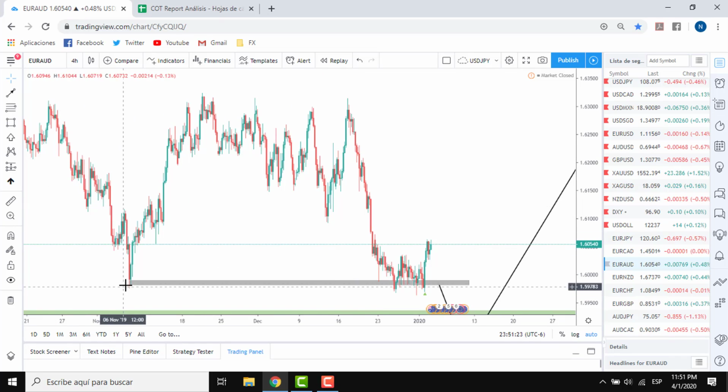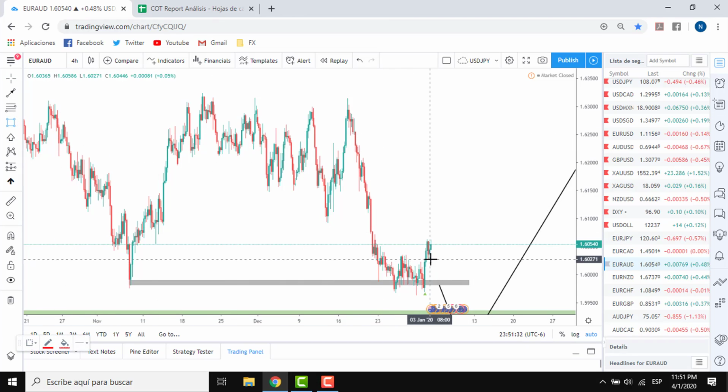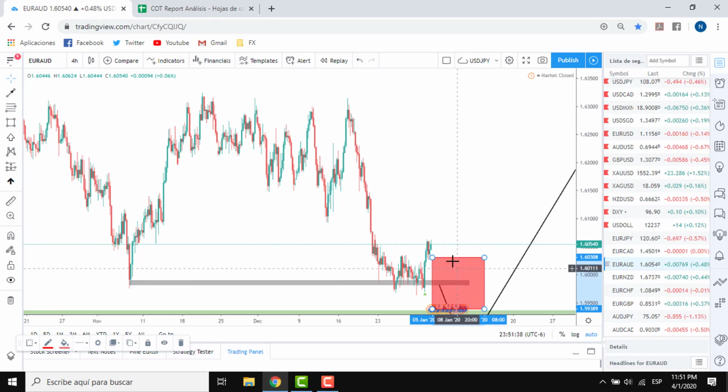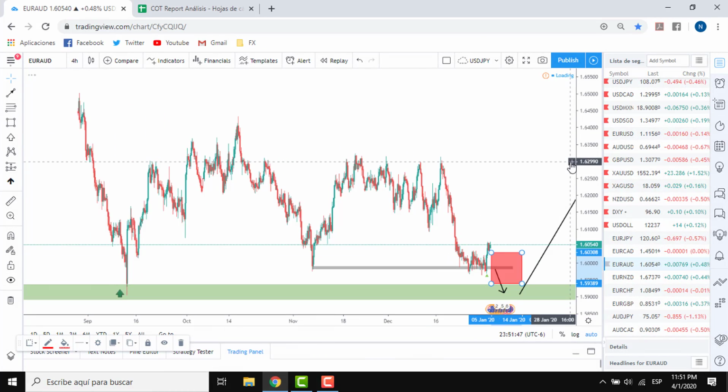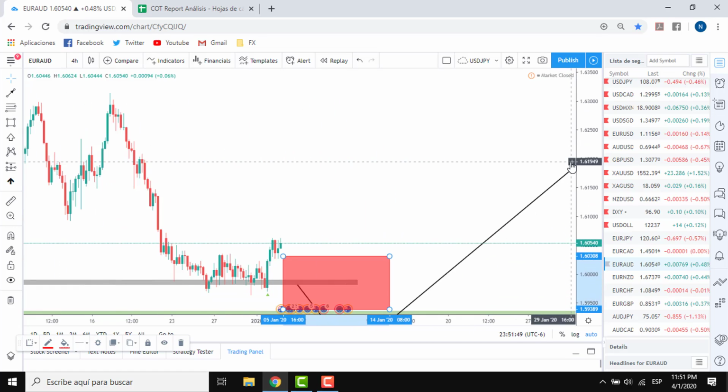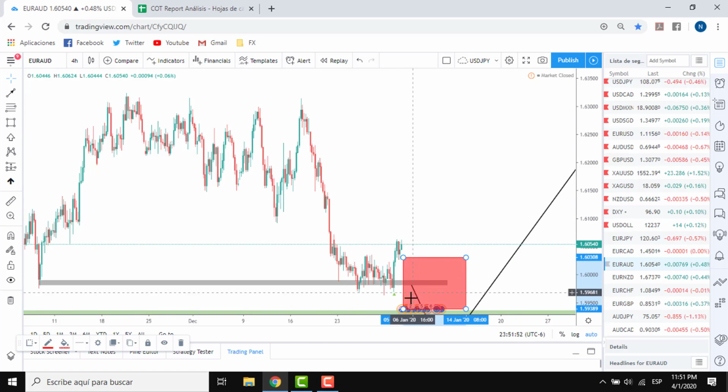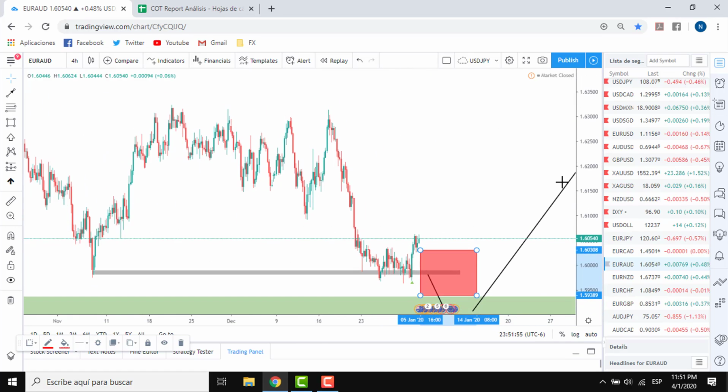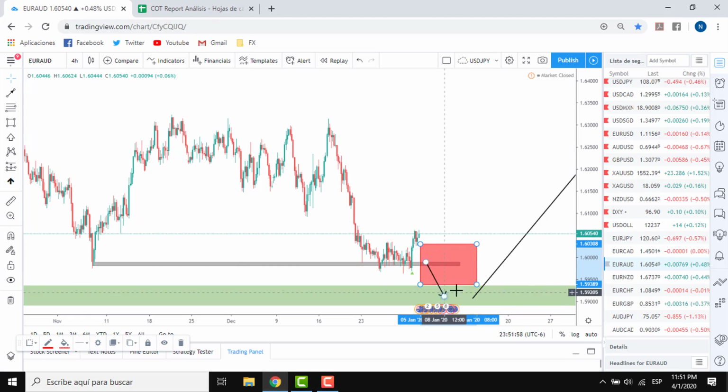But in this case, the price is at a support zone, and regardless of the pattern, all we know is that this is a stop loss area. This red box here, this is a stop loss area. I'm not sure if price will in the end drop and bounce up from the demand zone, but in case it does, I will add my buy positions here, because this is the